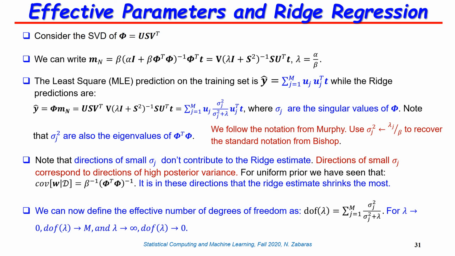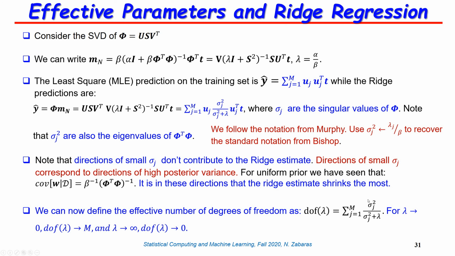So you can see that somehow that gamma parameter that we had before, or this summation that you see here, effectively defines the effective number of the parameters that can be identified by the data set that you have in your training set. Now, I mentioned here, if I have a small sigma j,